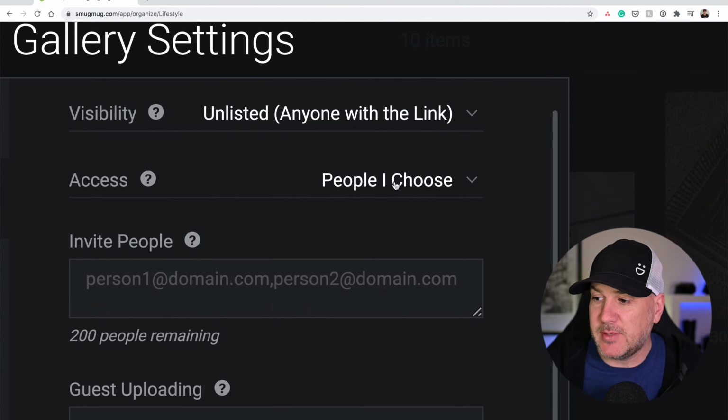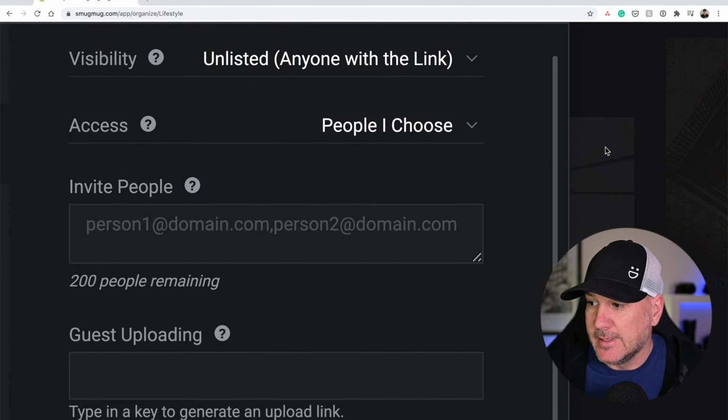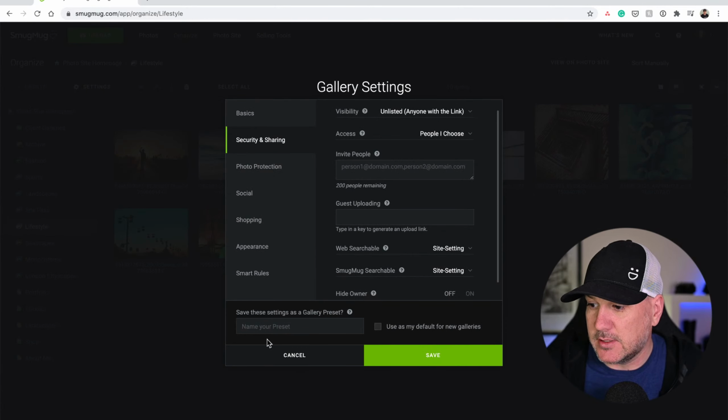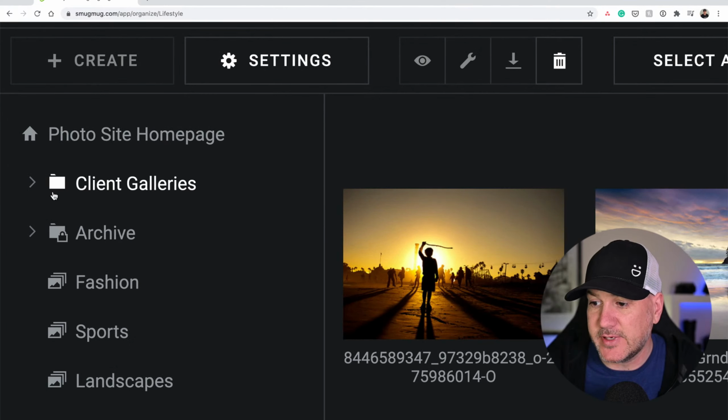So I've clicked People I Choose, and now, as I mentioned, I can put in people's email addresses into this drop down here. Let me show you what that looks like for a gallery that already has it. So if I go over here